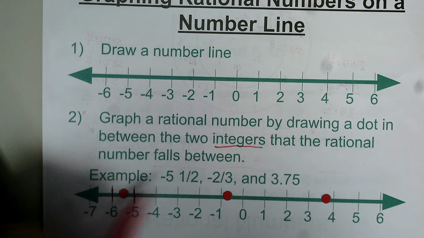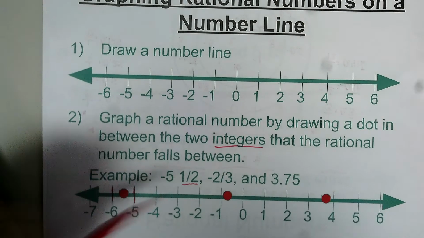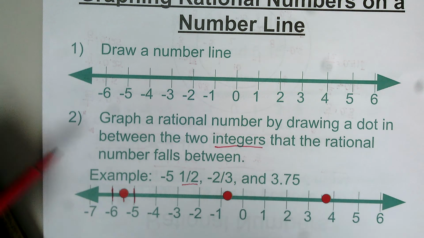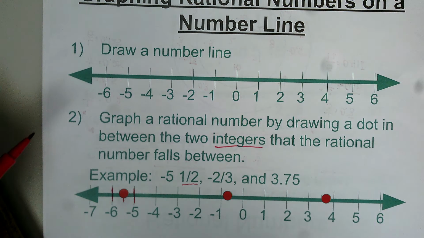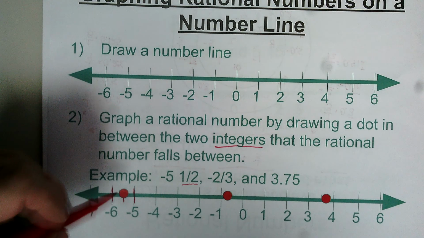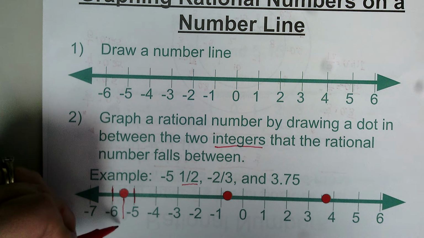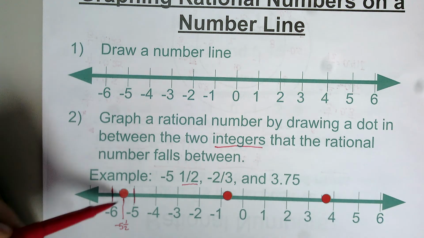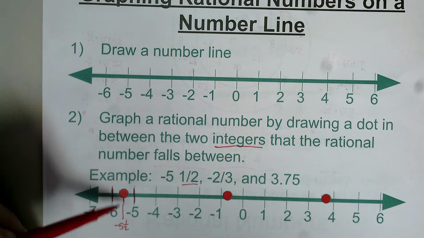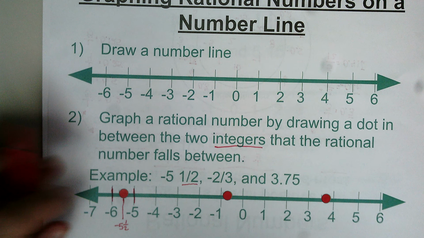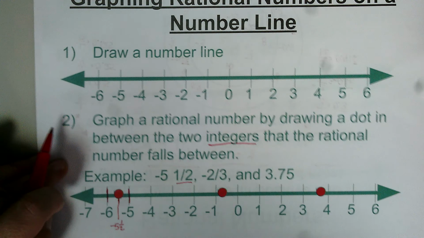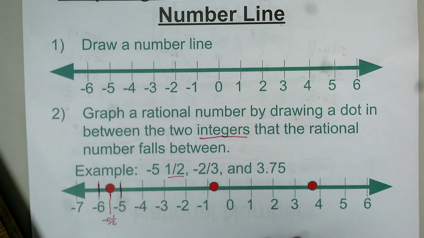So in between there, and since it's 1/2, we just go halfway between 5 and 6, and we place a dot right there. So this is -5 1/2. Now there again, I don't want you hovering that dot above the number line. We want you to place it on the number line as close to the spot as you can. Okay. The next one is